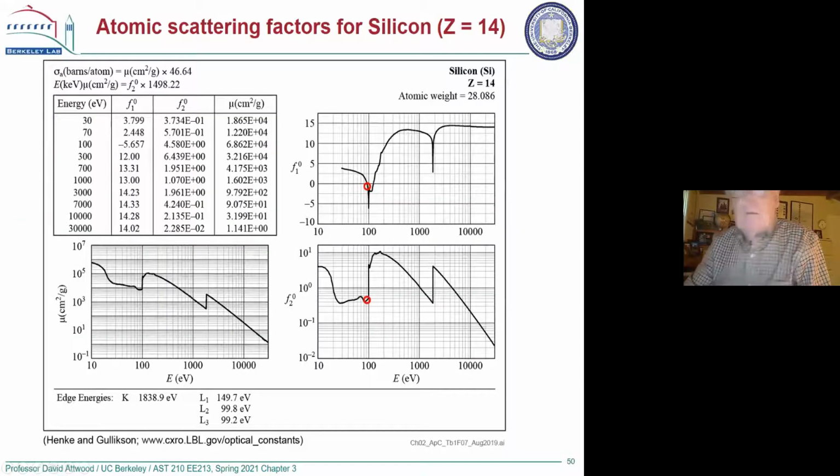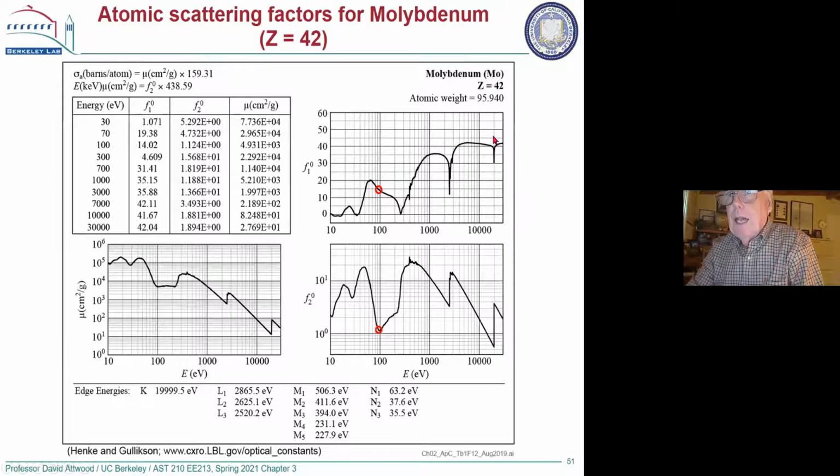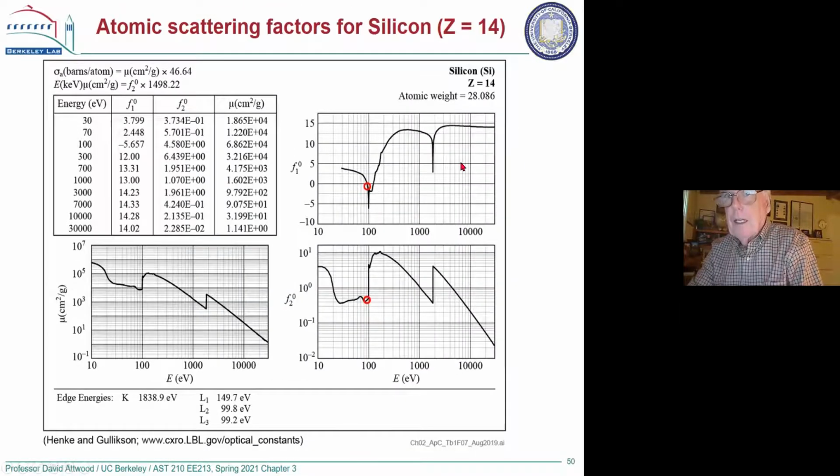So here are some examples then for silicon. We've seen these before, but they start to make more sense to us now. And then we're going to look at molybdenum. Molybdenum will be the high Z, 42 electrons. And it turns out that, well, let me go back to silicon. Just around the L edge of silicon, which is around 99 eV, so just below 100 eV,